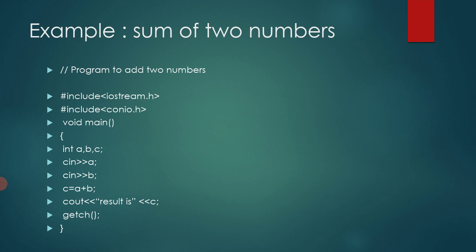Now again, you have to print the value of c. So you have to write that number, because the value is in the c variable. So again you have to write the operator with that variable, whatever we want to display. As we want to display the value of c, we have to write c here, and then getch function. getch again is a function which is used to display output on the output screen, and then end the code with the curly bracket. So this is a very simple program, and this is a program of sum of two numbers.